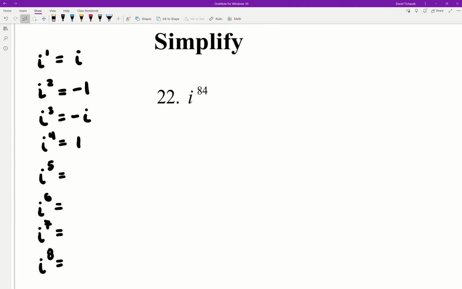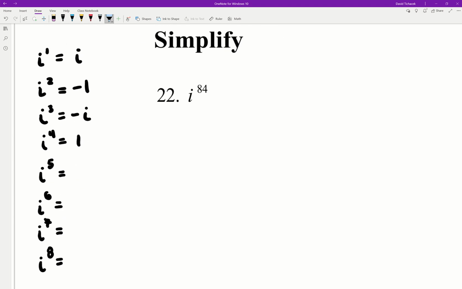What would happen if you were to continue to type these in is you would just find that these same 4 answers are just going to keep repeating as you take higher and higher powers of i. So i to the 5th power would be i, i to the 6th power would be -1. I to the 7th power, we saw in the calculator when I accidentally typed that in, that was -i. And i to the 8th power, of course, is going to be 1, and that's just going to be a cycle that's going to repeat over and over again as you start to take higher powers